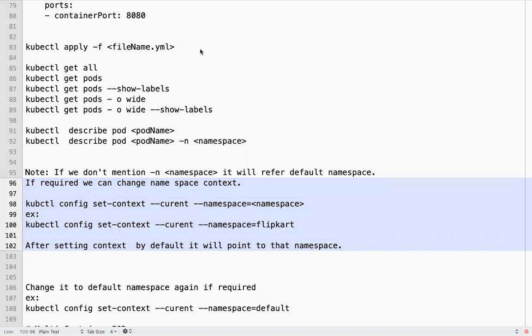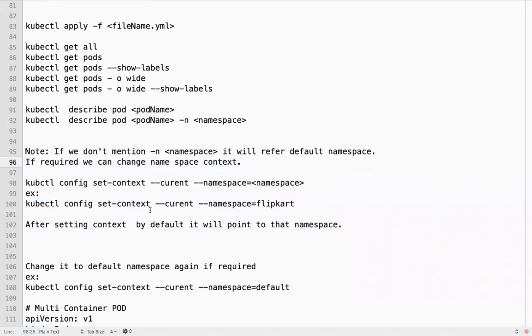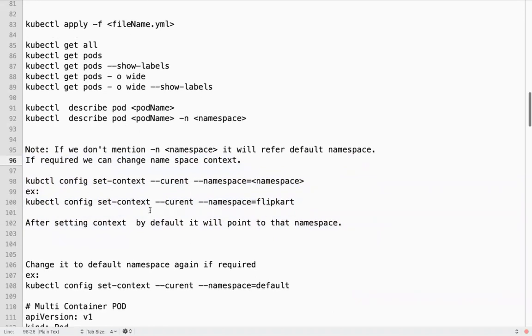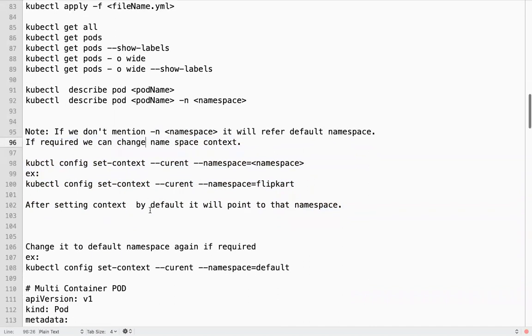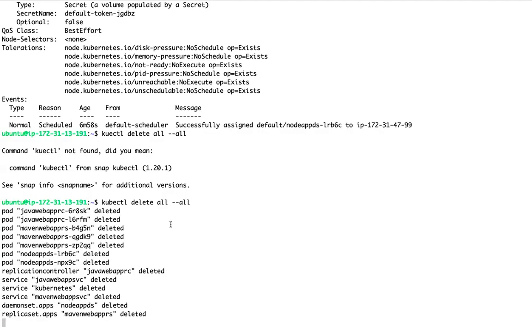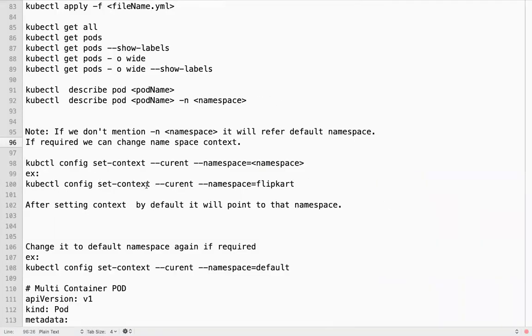So here, you can set the context to a different namespace. By default, it is pointing to the default namespace. If you want to change the context, you can do something like this: kubectl config set-context, with whatever namespace you want to set.